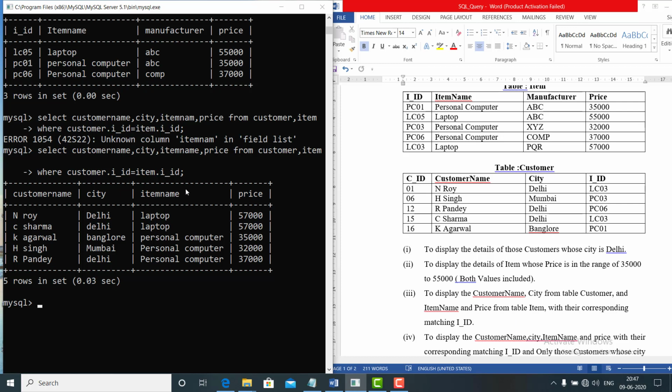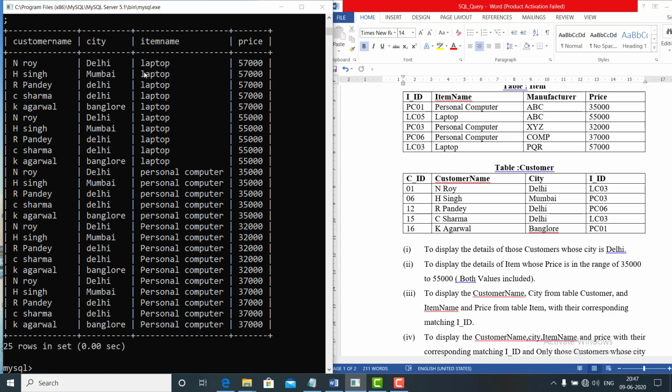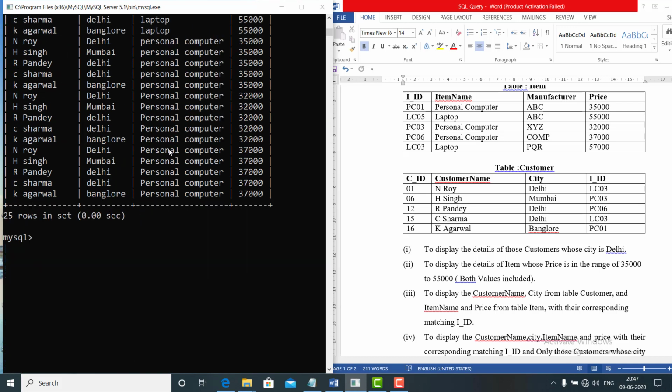So you have to write this query whenever you access records from both tables, and always remember to use the WHERE clause with this condition. Clear? If you do not use the WHERE clause and do not put the corresponding match, what happens? Look here, I am not using the correspondence. It will produce duplicate records.